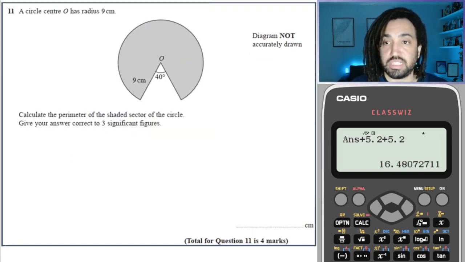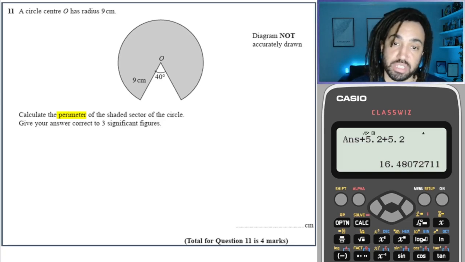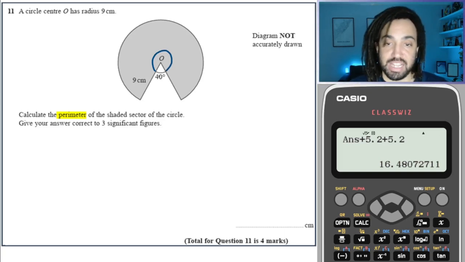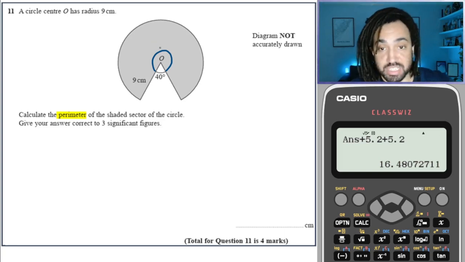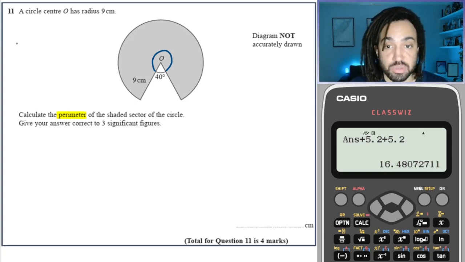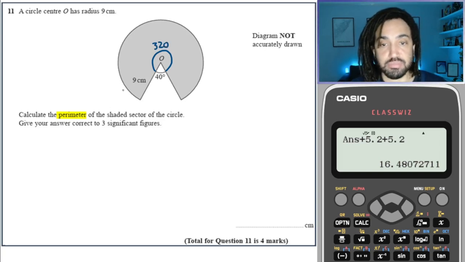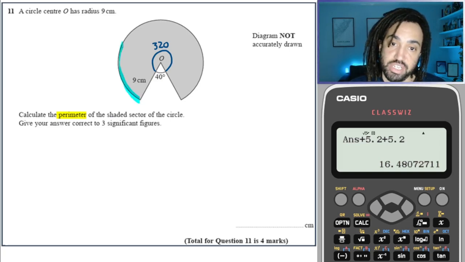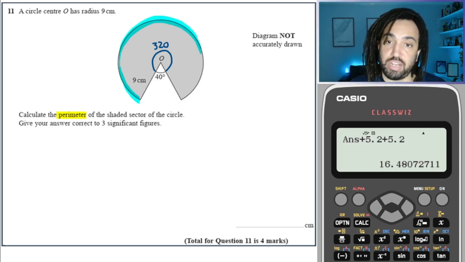Okay, next question. It again says calculate the perimeter of the shaded area. Now what we have is we have the minor sector here being 40 degrees, but the bit we want is the shaded area, which is called the major sector, basically because it's just the bigger side of it. If that is 40 degrees there, then it means this must be 360 minus 40, so that must be 320, that angle there. Okay, so if I want to work out the arc length of this major sector, then I'm just going to have to do,